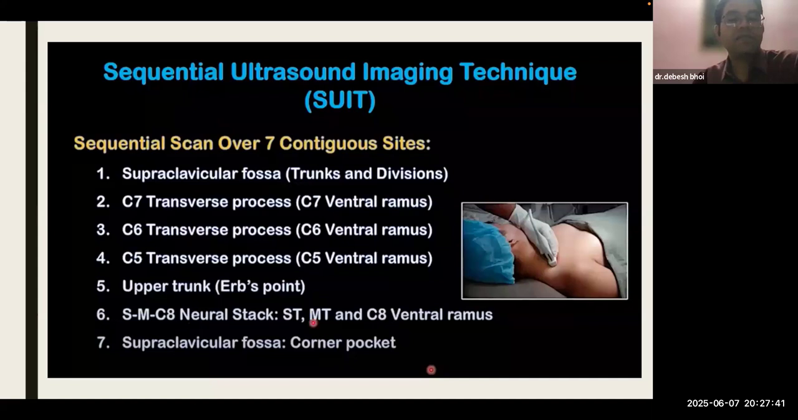That is basically the C8 ventral ramus that is lying over the T1 and first rib complex, so you can identify that. And then lastly, the corner pocket, the supraclavicular fossa, that is the inferior trunk. So these are basically the 7 steps that should be done in every patient when you are doing a